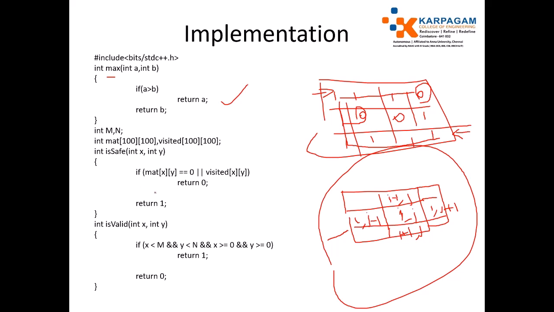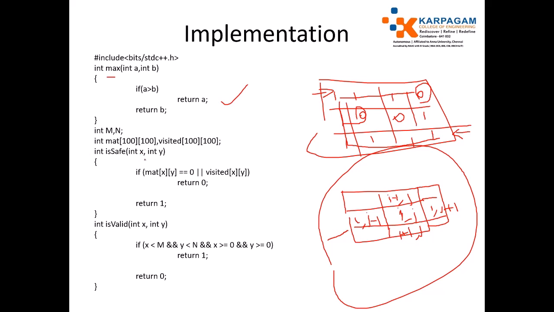And we need to check whether we are safe to move further. If you are in the i, j position, before getting into this cell, we need to check whether we are safe. Safe means you should not be already visited, and that future position that we wish to travel should not have 0. If it is not having 0, it is safe, otherwise it is not safe.